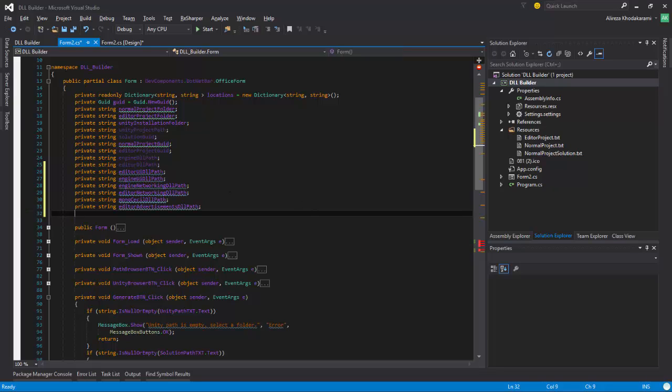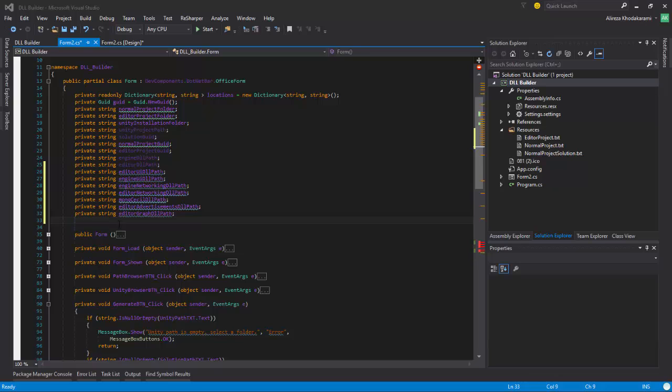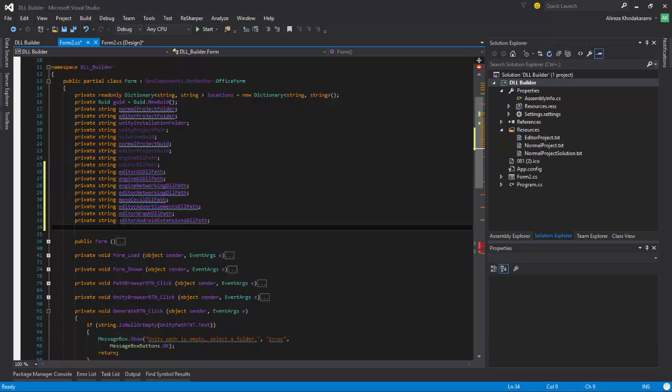And then after that, I have, wow, really, private string editor graphs DLL path, private string editor Android extensions DLL path, private string editor iOS